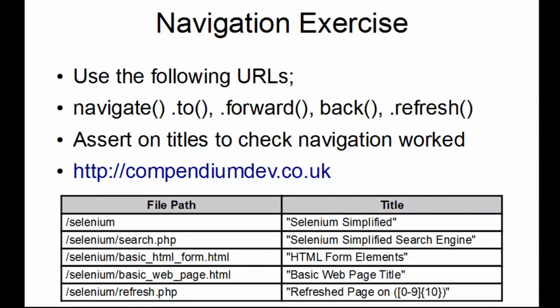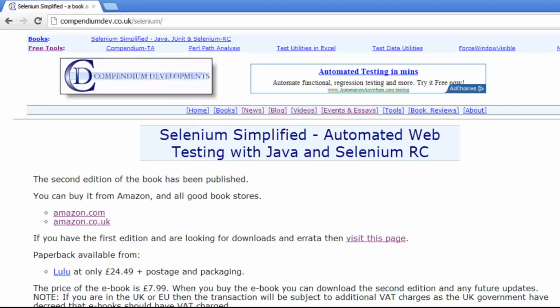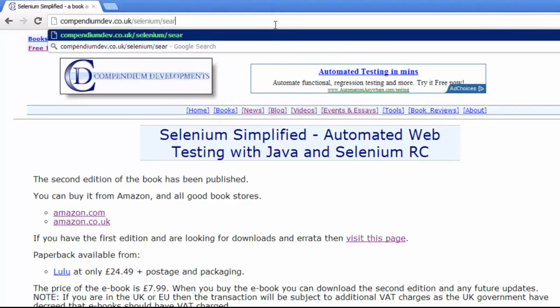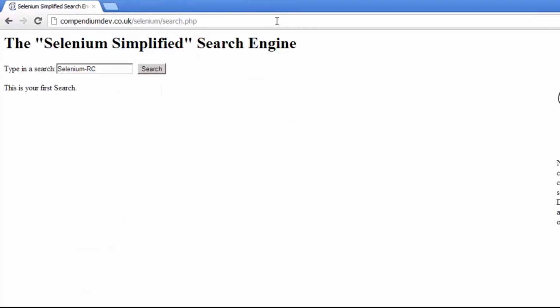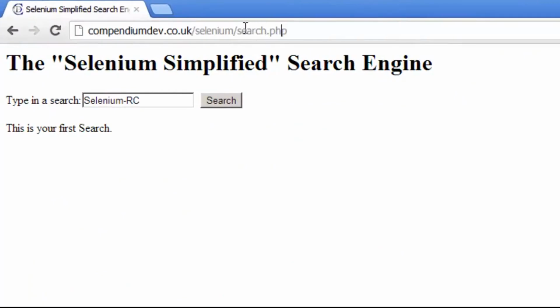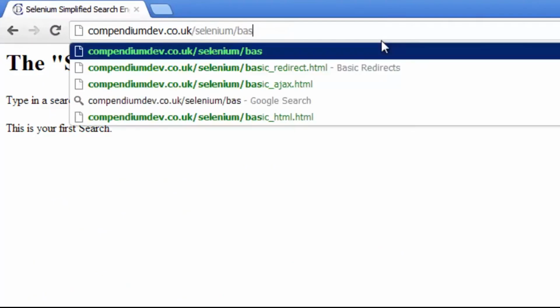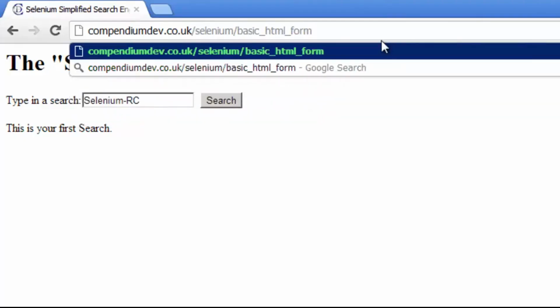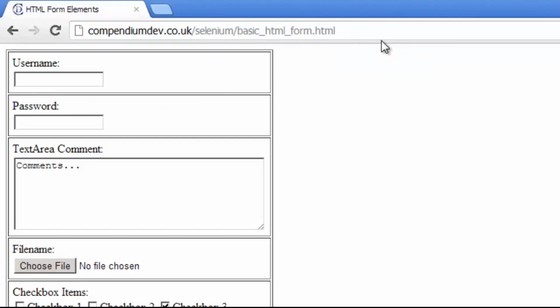And the URLs you're going to use are http://compendiumdev.co.uk/Selenium, which is my main Selenium page. Then you will also use search.php, which is a search engine, and you'll notice that all of these pages have different titles. You will also use the basic HTML form.html,